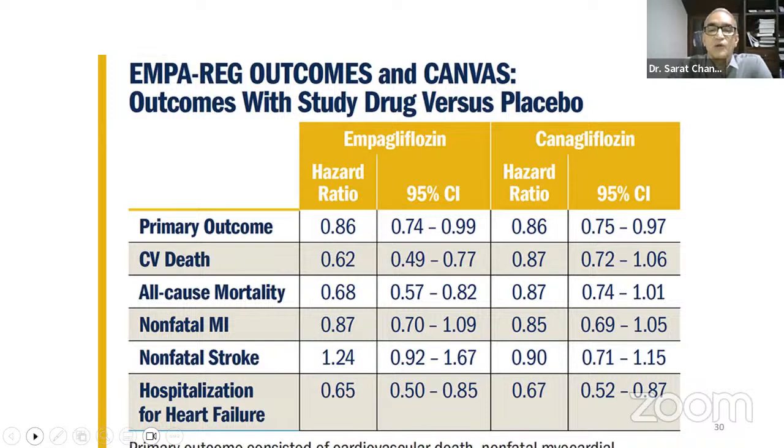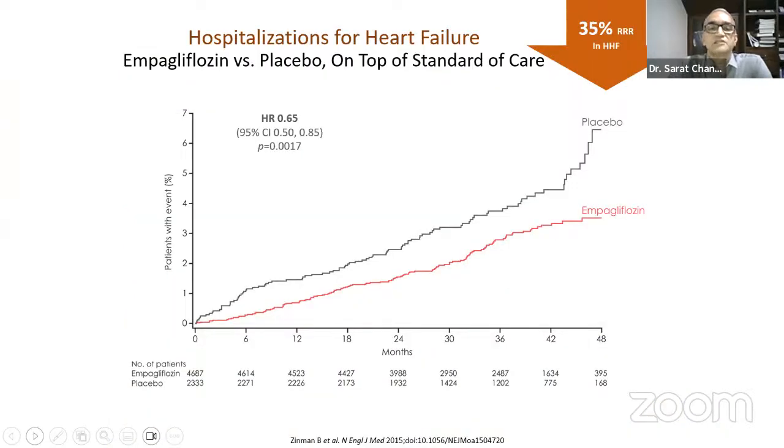All right. Now look at this. This is the data from the same EMPA-REG trial. What happened to patients who are on empagliflozin and those who are on placebo? It shows that the empagliflozin curve has separated from the placebo curve very early in the course of follow-up of these patients. Right before 6 months, the curves are separated,